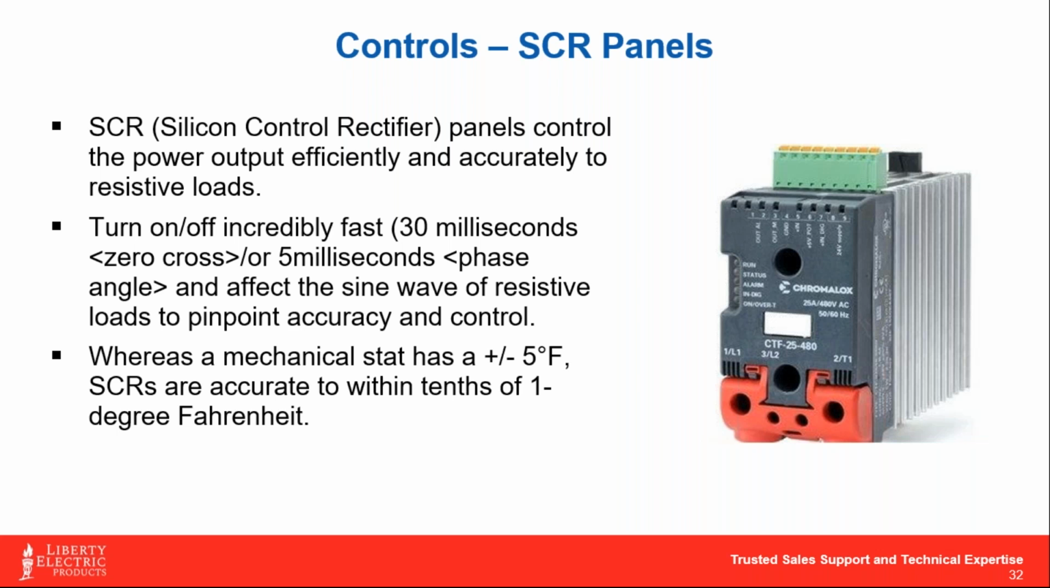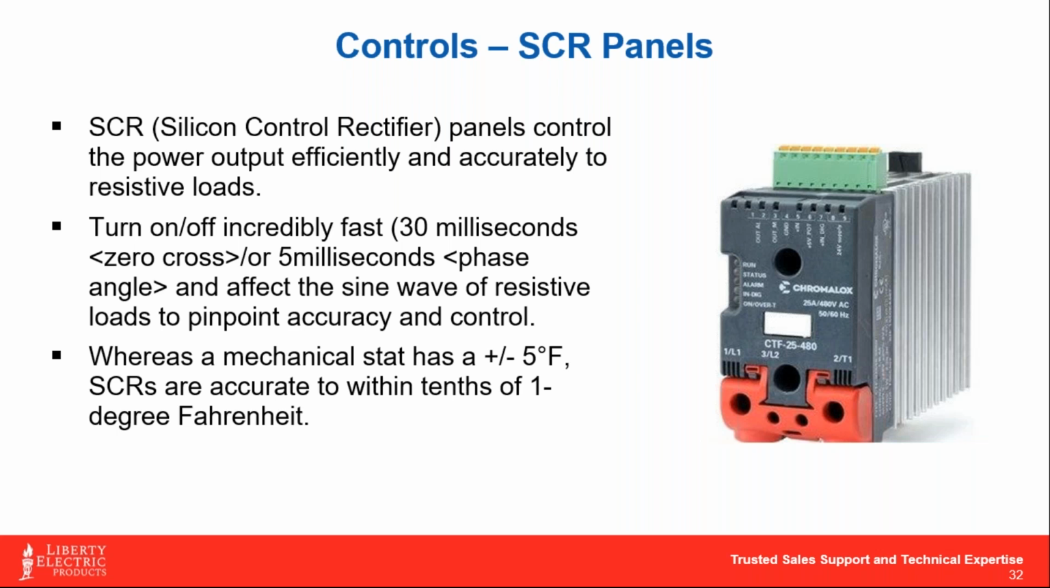SCRs typically turn on and off. Zero cross SCRs are 30 milliseconds, and phase angle SCRs are 5 milliseconds. So that's an incredible rate of being able to adjust these. And I think that another characteristic or advantage of an SCR controller is that when you reduce the amount of